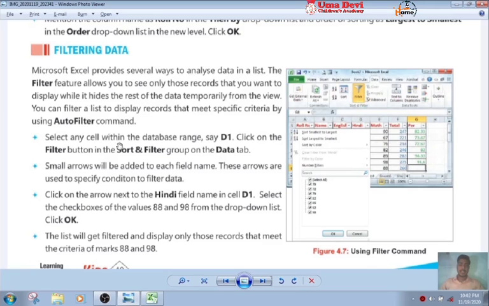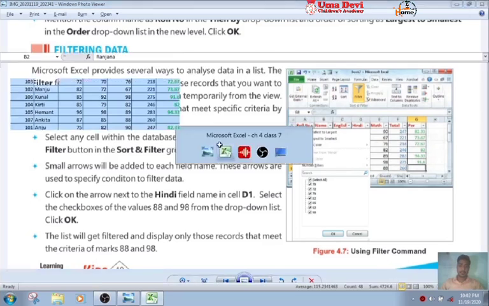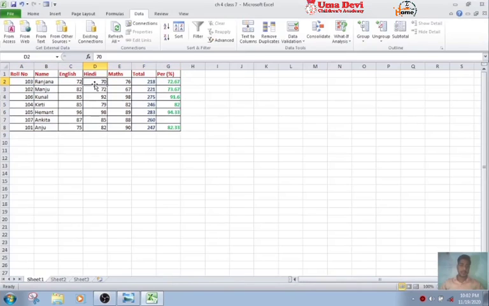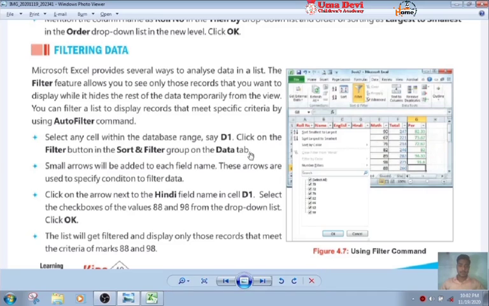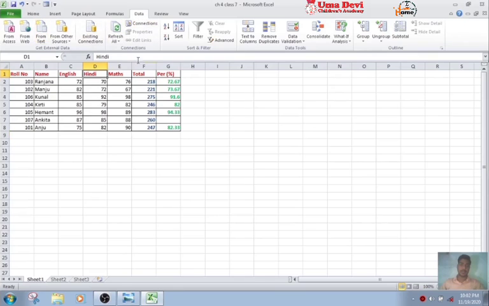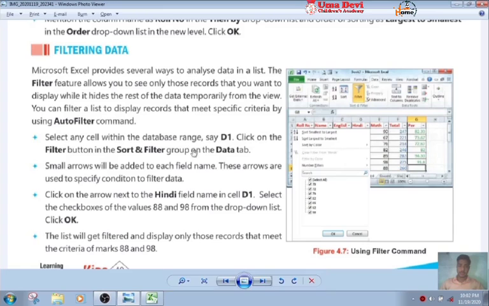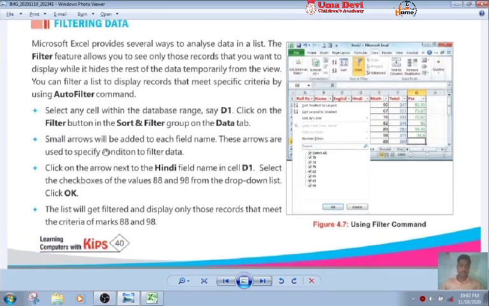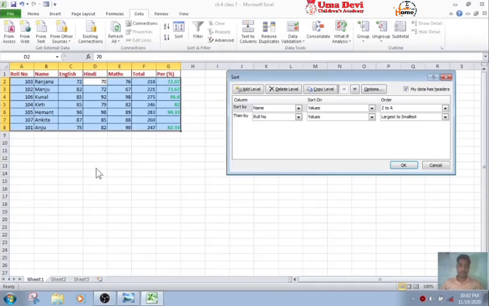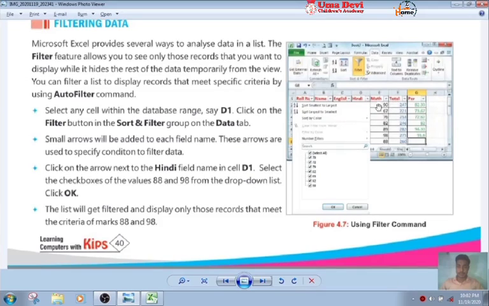So select any cell within the database range, say D1. So we are selecting D1. Okay, we have selected. Now we will click on the filter button in the sort and filter group of the data tab. Okay, now what should we do? Small arrows will be added to each field name. These arrows are used to specify condition to filter data. Look at here, small arrows